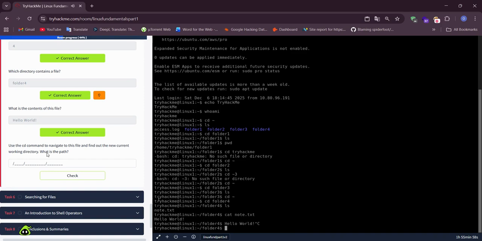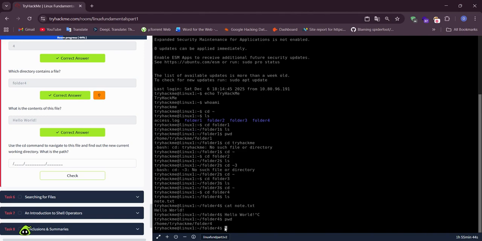Use the cd command to navigate to this file and find out the new current working directory. What is the path? We must use the pwd command to see the path. pwd. And our path is that, home tryhackme folder.